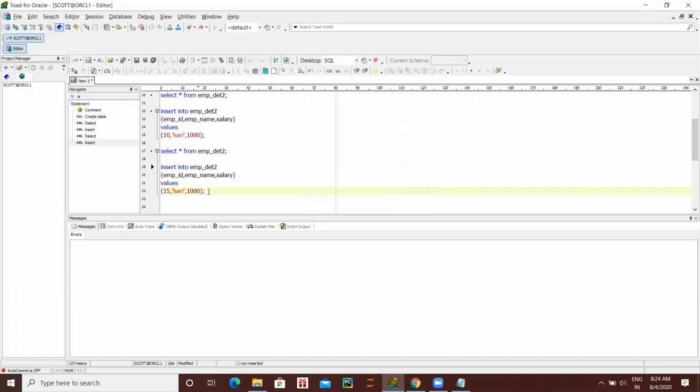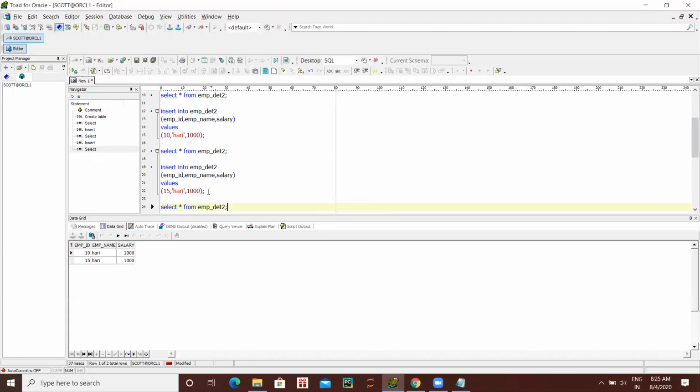One row inserted. Now select. It is inserted.